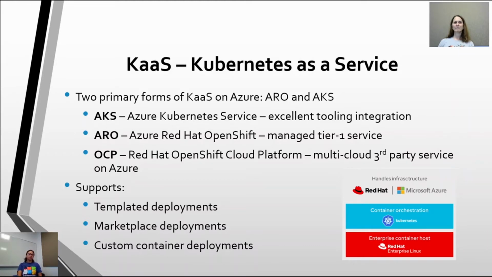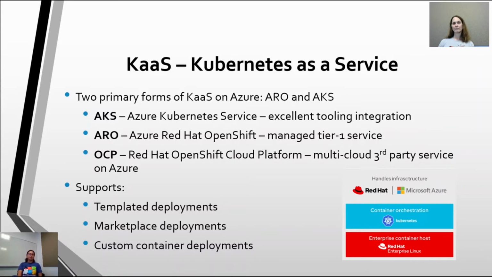The third option here is OCP, also known as Red Hat OpenShift Container Platform. This is OpenShift where you would have to manage yourself. It's great for Red Hat customers who want to have a multi-cloud type of approach because you can run your Kubernetes service in Google Cloud, Amazon, or Azure, or all 3. It's really up to you. So it adds great flexibility and choice to the consumer.